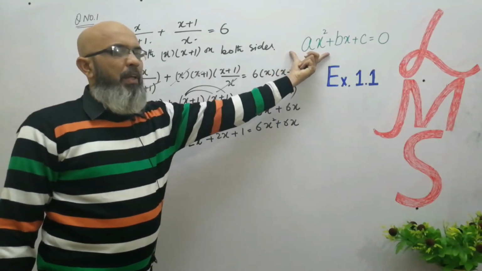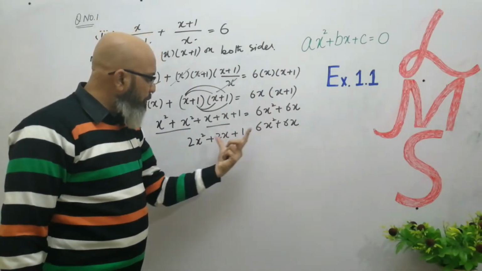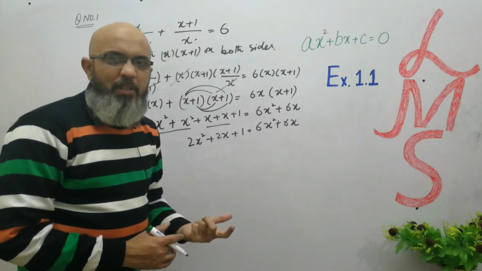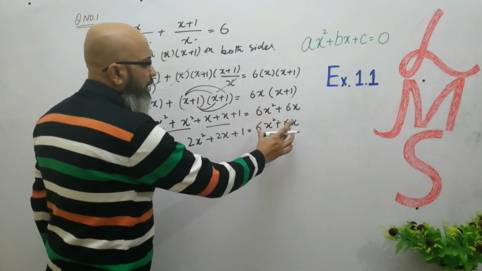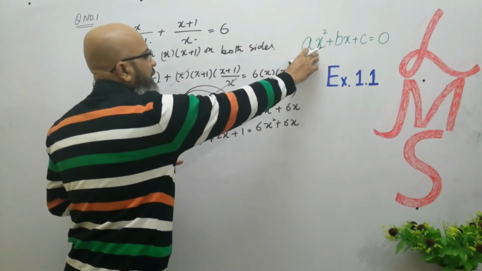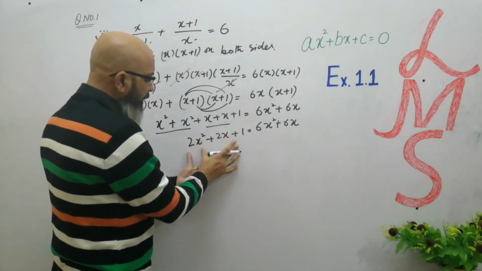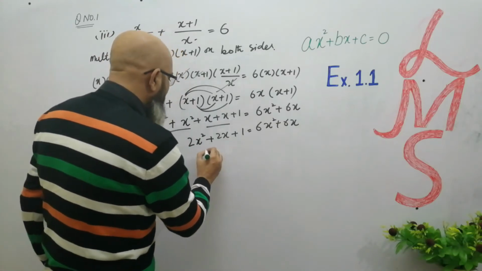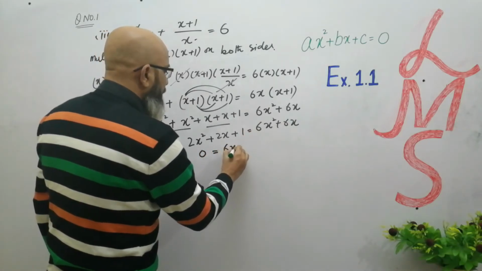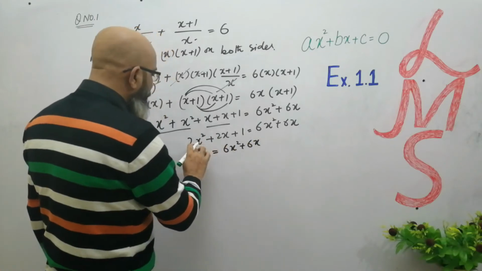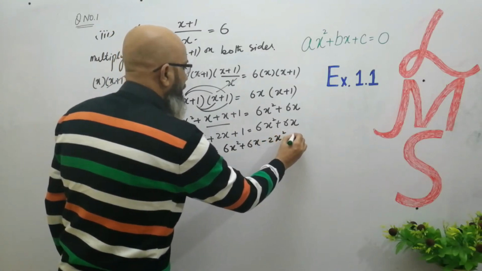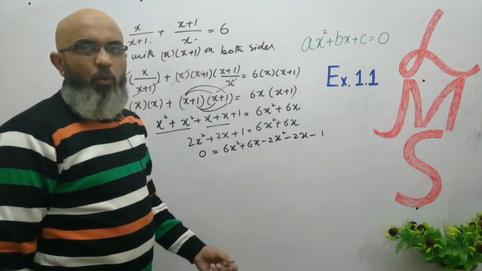अब आपने इसको एक फॉर्म एक जगह पे लेके आना है, या तो आप इन दोनों टर्म्स को इधर मूव करेंगे या आप इन तीनों टर्म्स को उधर मूव करेंगे, और दोनों मेथड से आप ये क्वेश्चन सॉल्व कर सकते हैं। कहने का मकसद ये है कि जब आप इन दोनों को इधर मूव करेंगे तो योर साइन शुड बी चेंज, लेकिन हमें क्योंकि स्टैंडर्ड फॉर्म में एक्स स्क्वायर का साइन पॉजिटिव चाहिए तो हम ये करते हैं कि हम इन तीनों वैल्यूज़ को इधर मूव कर लेते हैं। तो यहाँ पे आपके पास क्या रह गया 0, एंड हियर वी हैव 6x स्क्वायर प्लस 6x। अब आप इन तीनों को जब आप इक्वेशन के उस साइड पे मूव करेंगे तो आप इसके साइन चेंज करेंगे, मीन्स -2x स्क्वायर -2x एंड -1।